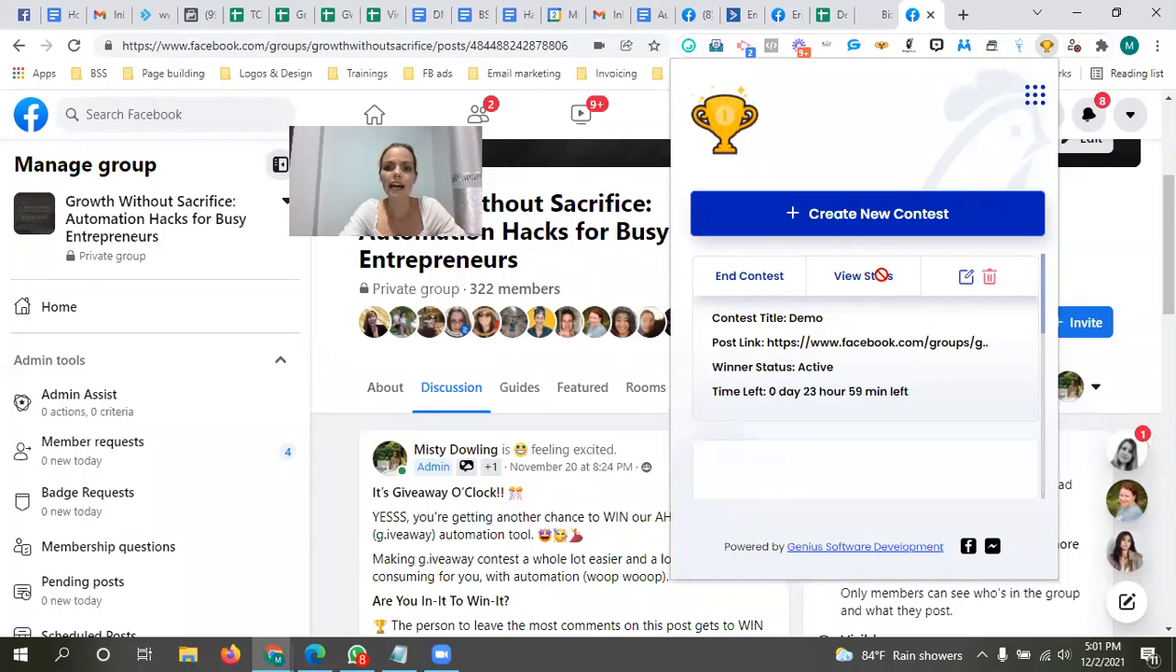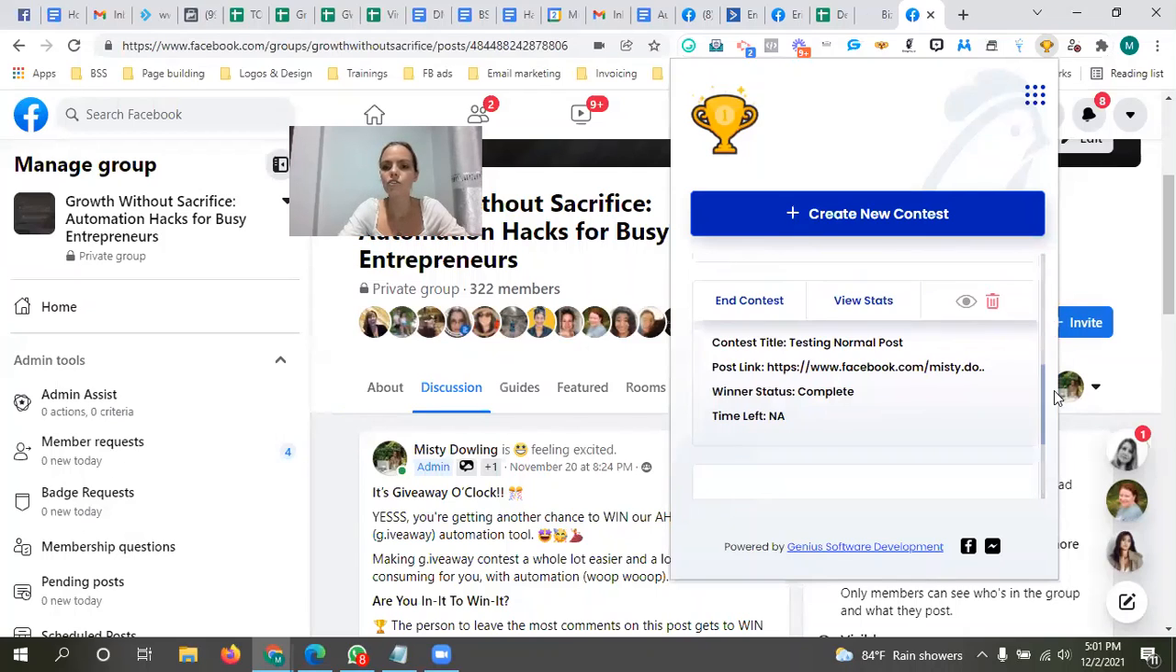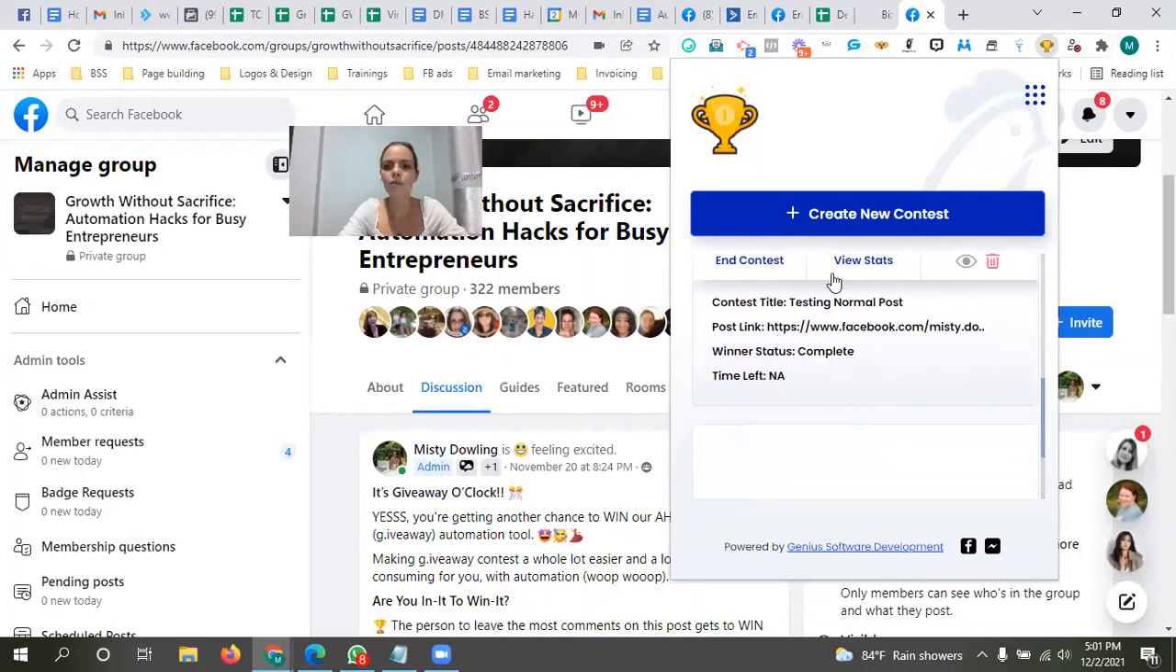And you can view stats once the contest has ended. Once it's done running, it selected the winner, it did all the counting, etc. So right now for this contest, that's of course not available yet, but I can show you quickly in another one. This is what